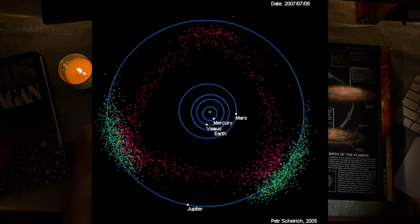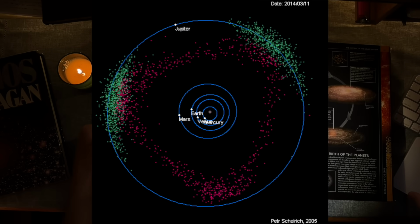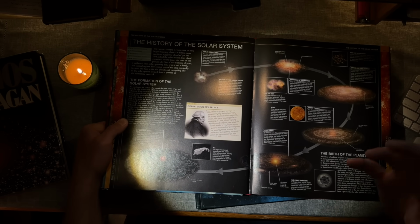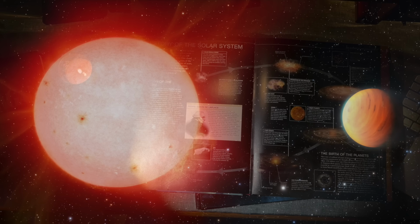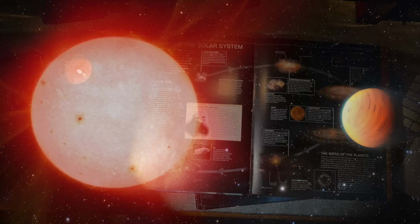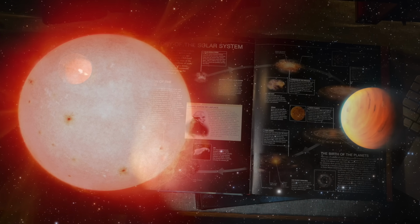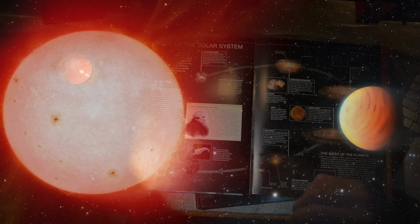configuration around Jupiter's orbit. It's thought that one of the 2 main theories is that it's from resonance. From about 5 to 600 million years after the solar system formed, in what's called the NICE model, the orbits of the giant planets Saturn and Jupiter became unstable. And in this theory, at the same time, encounters between the planets Uranus and Neptune caused a scattering of primordial Kuiper belt objects beyond them to throw millions of them inward towards Jupiter and Saturn,